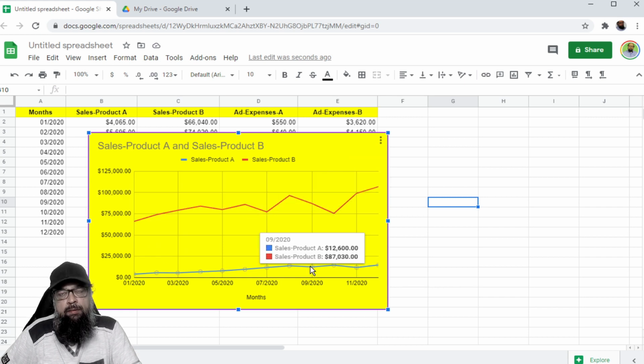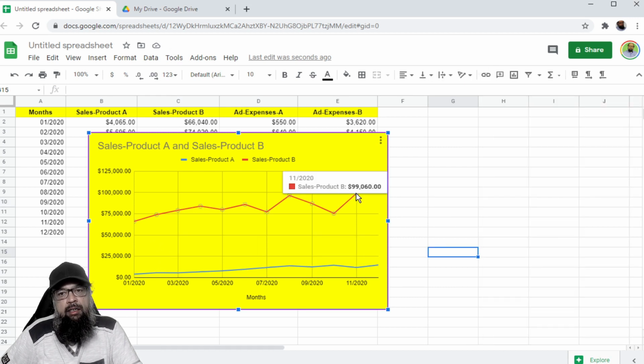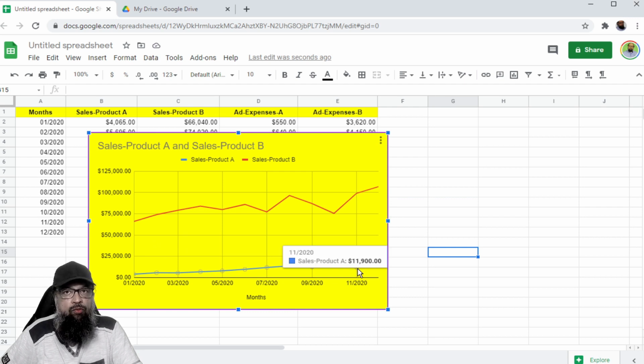As you can see, whether I am at the top series or at the bottom, it shows me data values for both series. So this is compare mode. And if I uncheck this and now click here, it will show me only the data value of that series. So this is how you can compare values by turning this compare mode on.